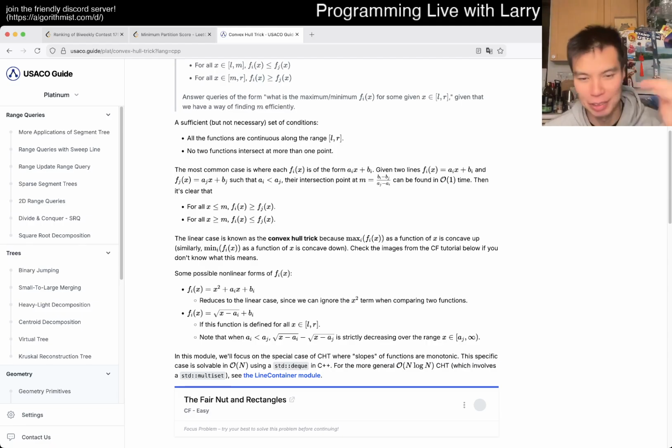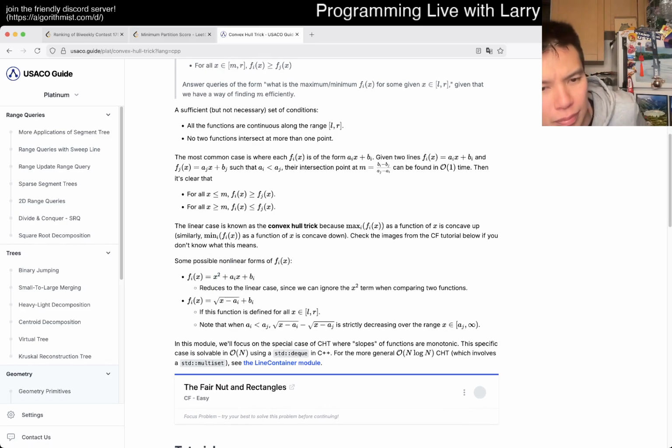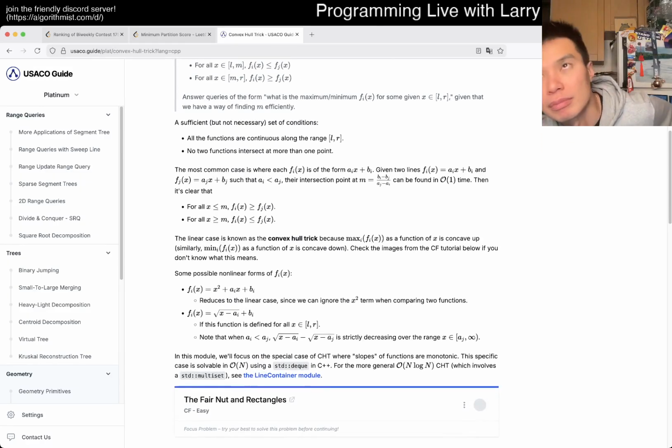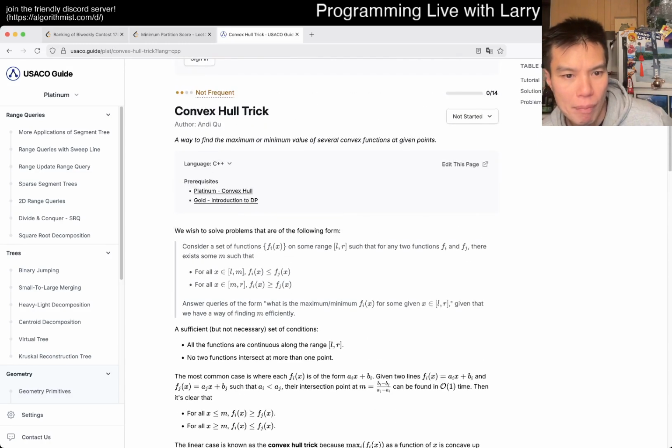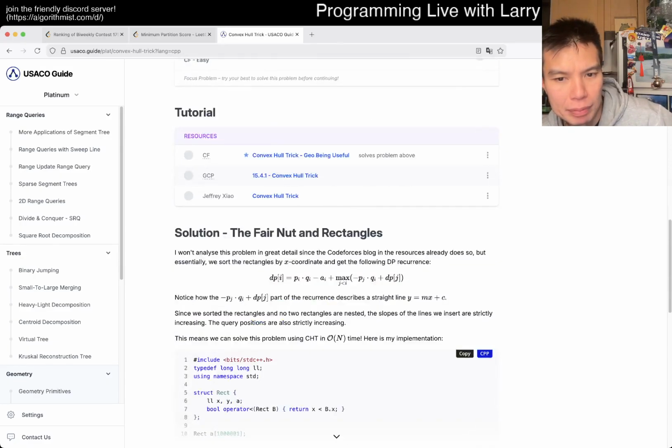That's why it's called the convex hull trick. Well, the other way around. What is my f of x? F of x is the previous value, but